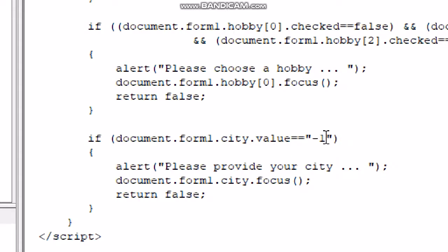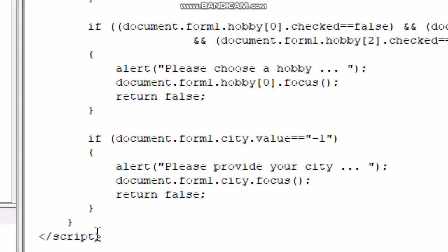Then the user gets an alert message: please provide your city, and the city field is highlighted because of this focus method, placing the cursor in that field. This is the end of the if condition. This is the end of the function validateForm, whereas this is the end of JavaScript.